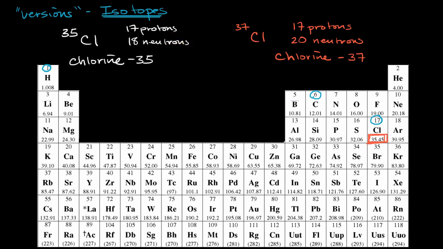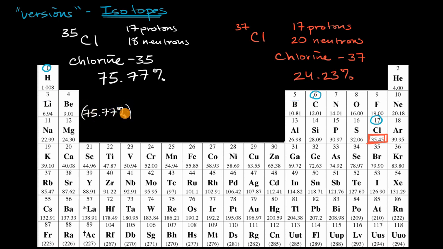So for example, in nature, 75.77% of the chlorine found is chlorine-35, and then the remaining 24.23% of the chlorine found is chlorine-37. So when they calculate this average atomic mass, what they do is they would take, or you would take if you were calculating it, so this would be